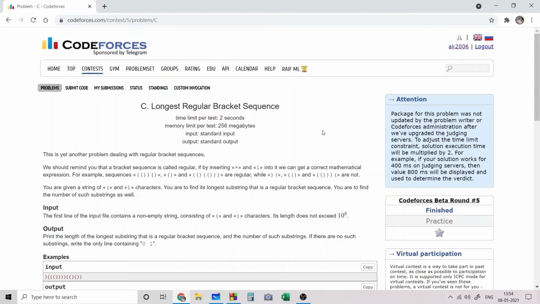And you can check what a regular bracket sequence is, which is basically a bracket sequence in which you get a correct mathematical expression. So these are some examples of regular bracket sequences, and these are not regular. So let's look at the sample test cases.